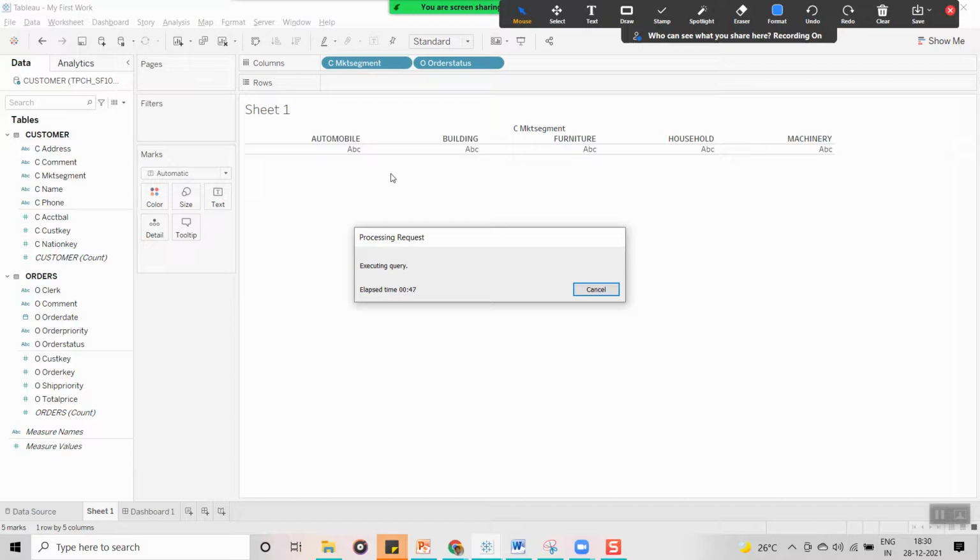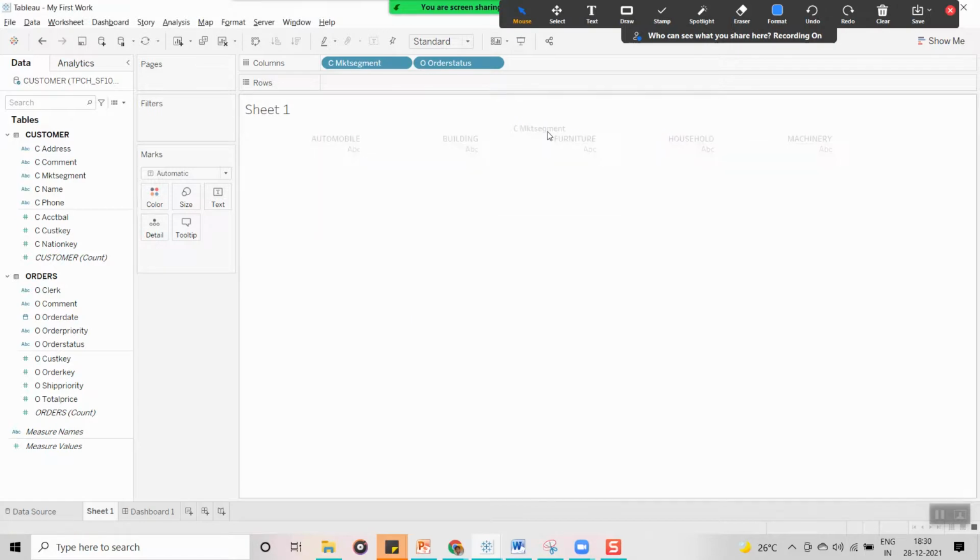So this is the problem with the live connection. See, now it is trying to fetch the data from your database. So let me cancel it, so I don't waste time. Tomorrow I will create an extract.